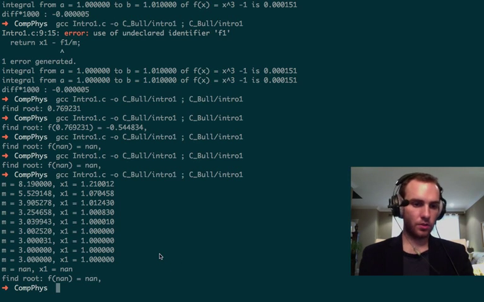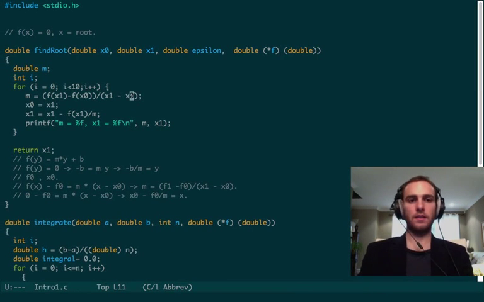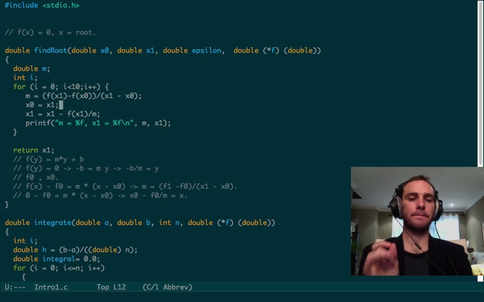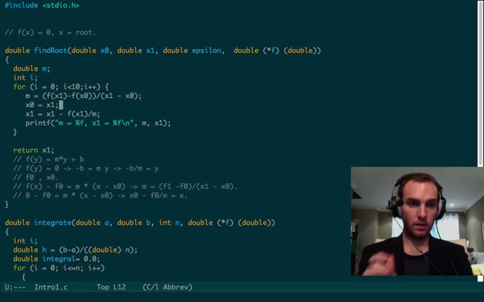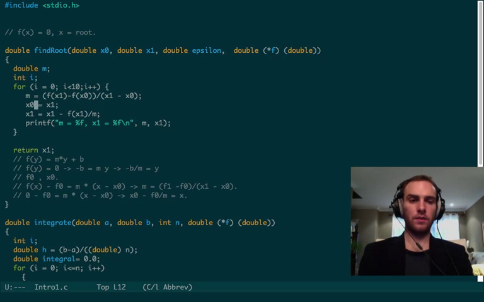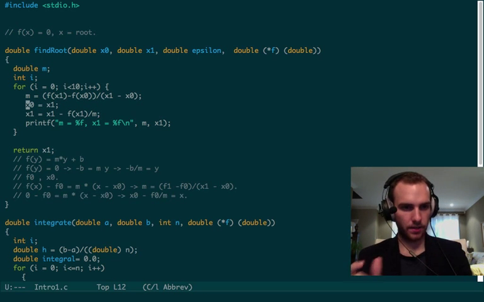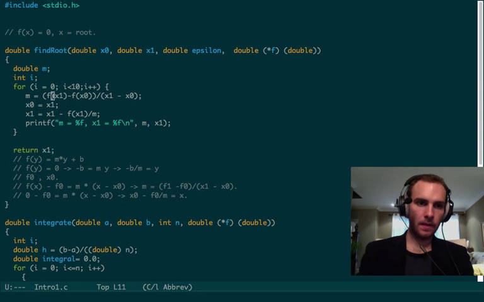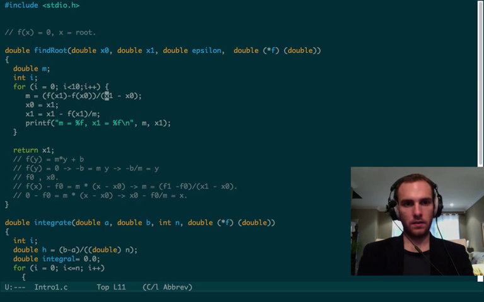And when it becomes too close to 1, this kind of function, you know, what happens when we're very, very close to their actual root? Well, what's going to happen is that x0 and x1 are really, really close. So m is going to be something